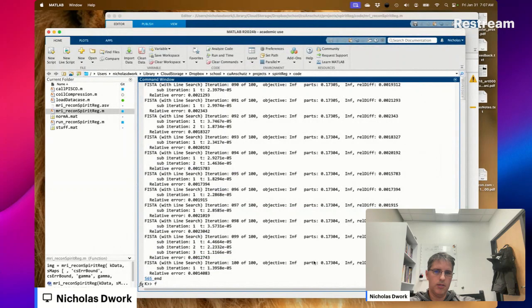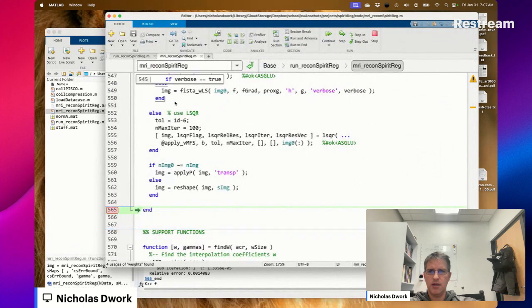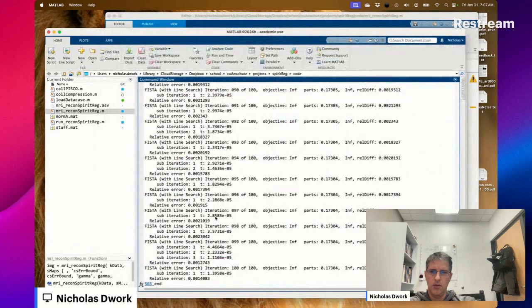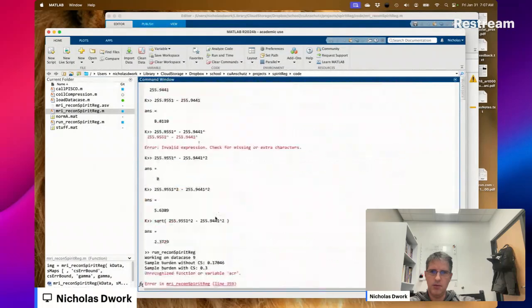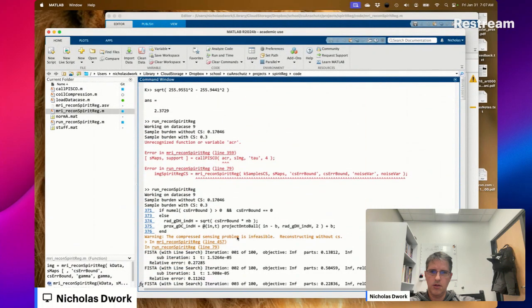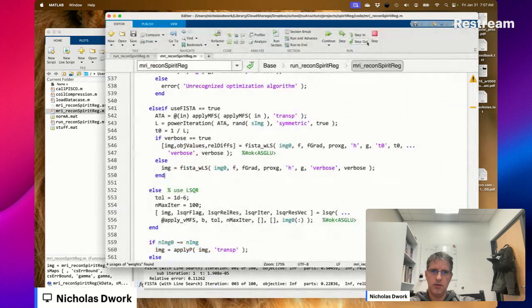There's these parts of the objective. Oh, Vista. What? Was it infeasible? Infeasible.